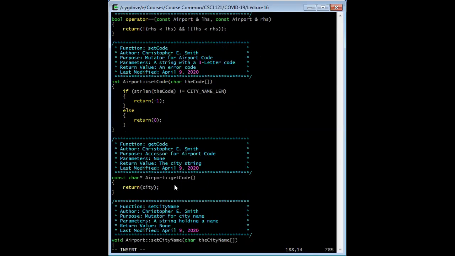In the set code, because this is a string, I'm checking to make sure that the length of what was passed in is not... whoa, string length. Again, walking through code, I'm finding another error. So if the string length of the code is less than or equal to city name length,